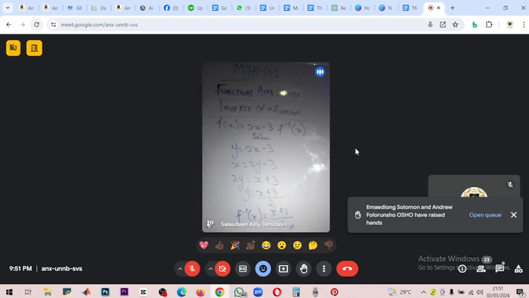What are the rules we follow? What are the steps? Number 1, we represented f of x using y. Number 2, we interchanged y and x. So here we wrote x, here we wrote y. Instead of y equals 2x minus 3, we wrote x equals 2y minus 3. And after that, make y the subject of the formula. After making y the subject, we just changed y to f inverse of x. And that is the inverse of the function.